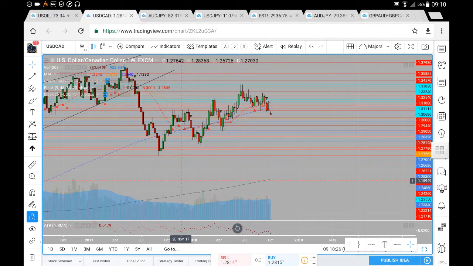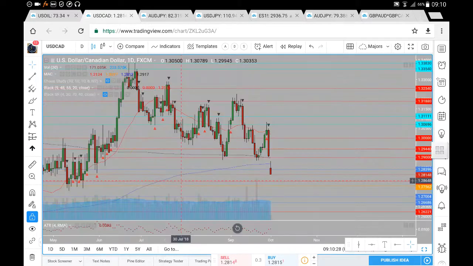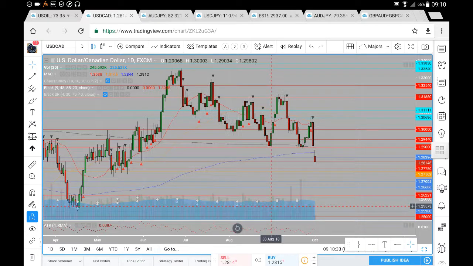And finally, we'll have a look here at the daily chart. So on this daily chart of the USDCAD, we can see here we do have our highs, lower highs,